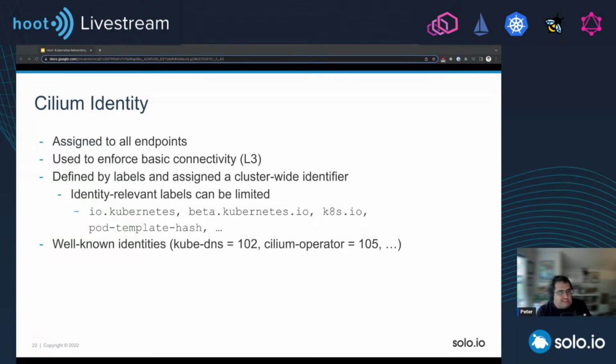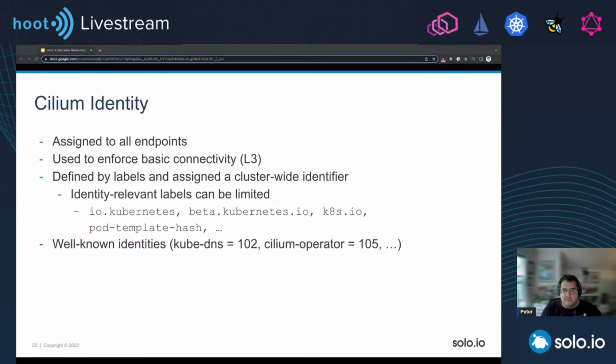We know that pods can have a diverse set of labels, and not all of them are relevant or necessarily useful for identity, like timestamps and hashes. So Cilium automatically excludes some of the labels on your pods that are not relevant, like io.kubernetes, beta.kubernetes.io, pod-template-hash, and so on.